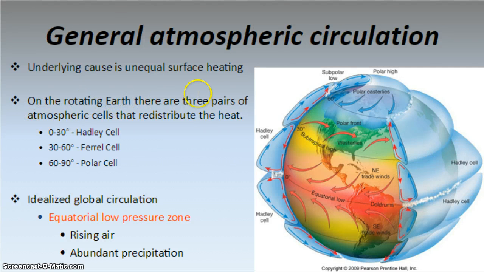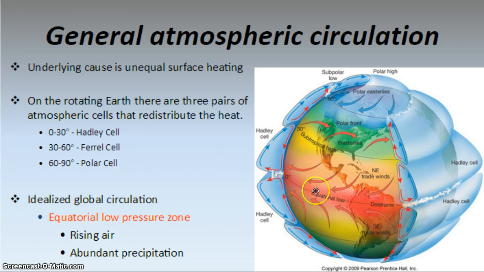On the rotating Earth, there are three pairs of atmospheric cells that redistribute the heat. From 0 to 30, we call them Hadley cells. From 30 to 60, we call them Ferrel cells. And from 60 to 90, we call them polar cells. This is an idealized global circulation, and we're going to start off with what we call the equatorial low pressure